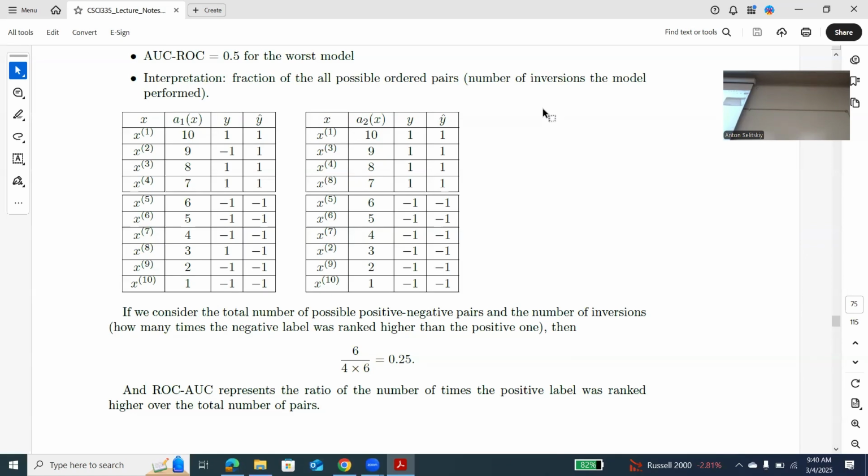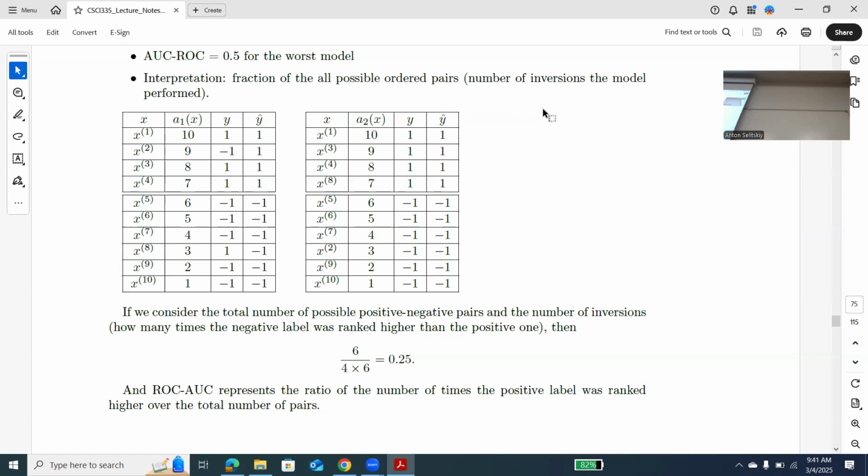The number of inversions, when the negative class was ranked higher by our model, is 6. For example, you have this -1 inversion with this one 1, with this one 2, and with this one 3, and then this one should also provide 3 inversions, so the total number of inversions is 6. And the fraction will be 1/4, and 1 minus 1/4 will be 0.75. So it's another interpretation of the area under the curve,